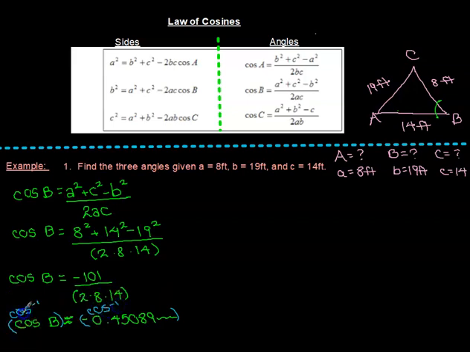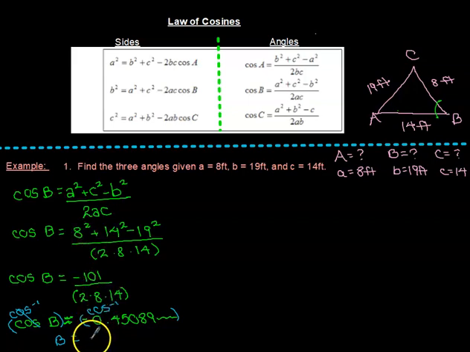So how would you put that into the calculator? Make sure you still have that whole decimal value from our previous answer, negative 101 divided by 2 times 8 times 14. That whole decimal value, make sure it's still in your calculator. You're going to press inverse cosine, which on a scientific calculator will be second cosine. And then you're going to type in second negative, which is on the bottom by the equal sign. And it should say answer, meaning it pulls up your previous decimal answer for you so that you don't have to type in the whole thing. And press equals, and you should get